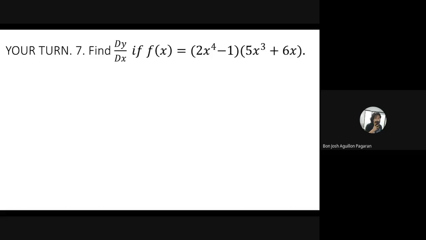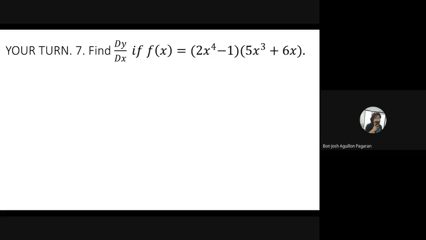Okay. From Joshua Bumanglag, 70x to the 6 plus 60x to the 4th